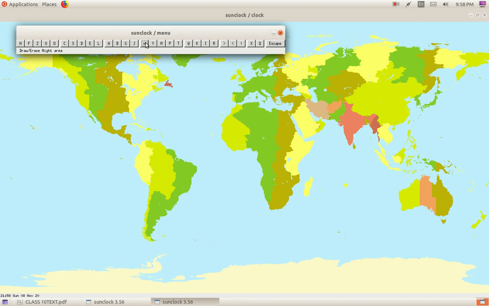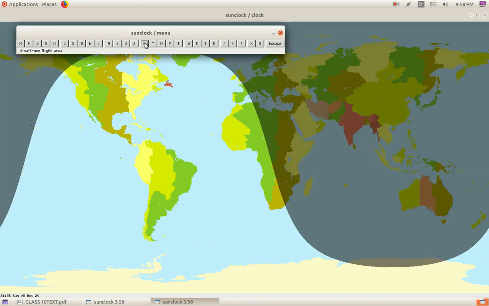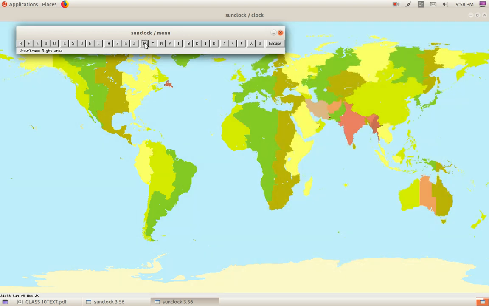With 2 or 3 clicks it will go. Okay, if you want it again, what will you do? Click on the N button again. To show or hide it is used. We have learned the N button. What is the use? What is the name? Toggle night. What is the use? To show or hide the separation between night and what? Day. Okay.